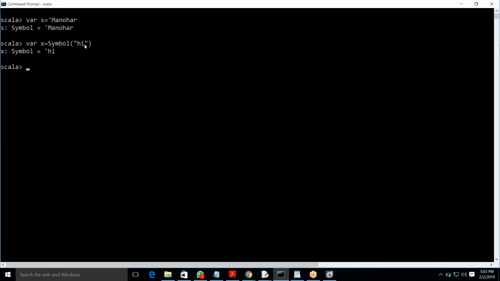Sir, we have strings and symbol constants. Which is recommended to you? Should we use symbols or should we use strings? I had just discussed that usage of symbols is not that much encouraged in Scala. But it's good to know. Sometimes in coding, if you find this kind of thing somewhere, you don't get confused because you already know